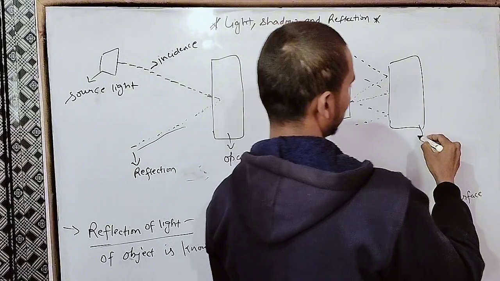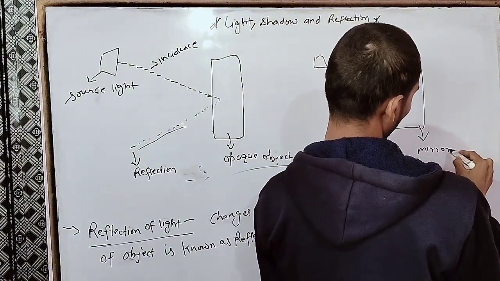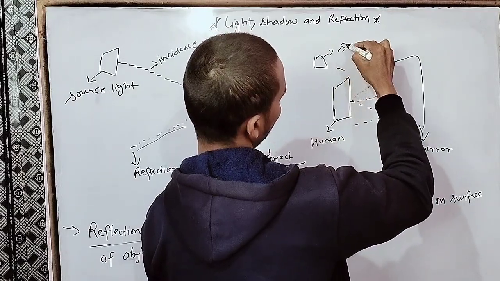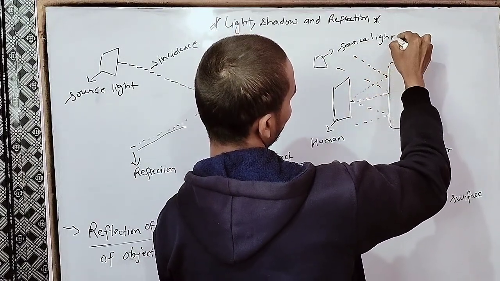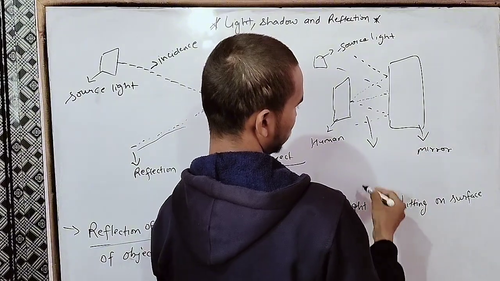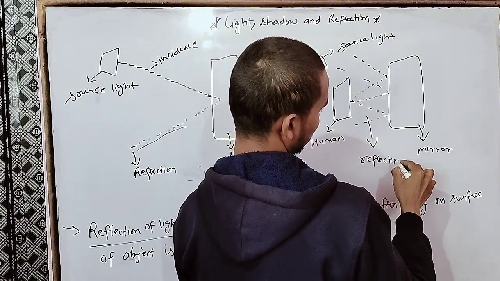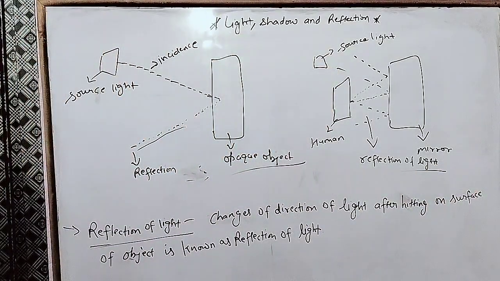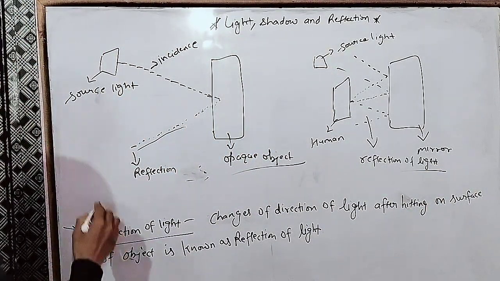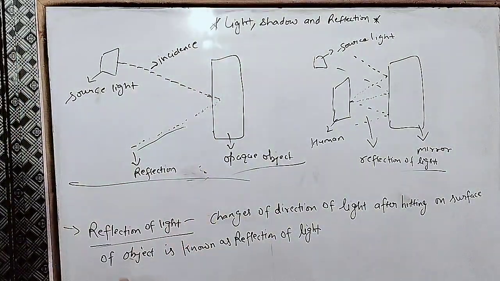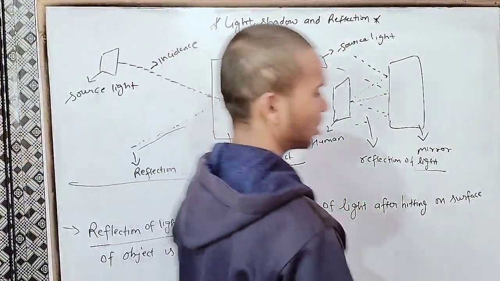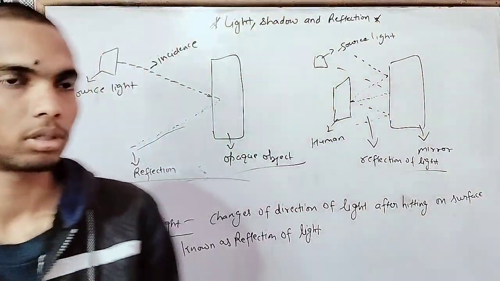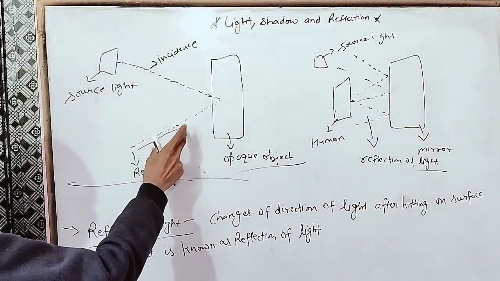Clear? This was a mirror, and this is a woman, and this is a source light. This is a reflection of light. Okay. This is a diagram of reflection of light, and this is a diagram between a woman and a mirror. So this changed direction of light is